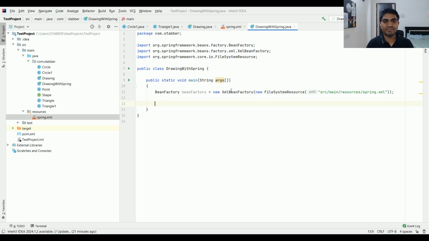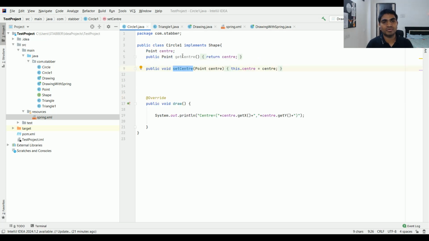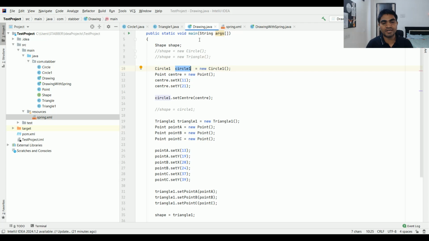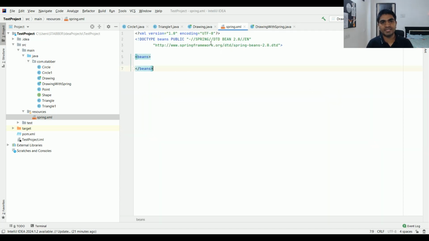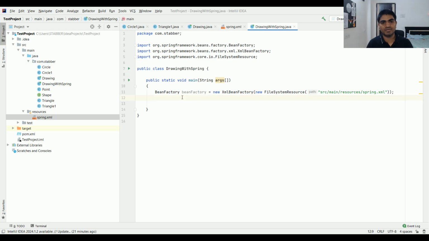Okay, so we have a bean factory ready. Now let's ask the bean factory to give us this circle bean. If you can see in the earlier drawing class, we had created this circle one object by ourselves. Now we would ask Spring to give this circle bean after reading the configuration from this spring.xml. So I would say I need